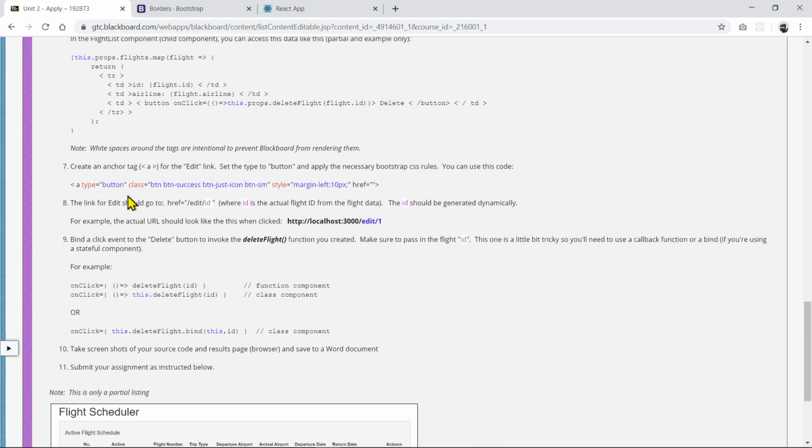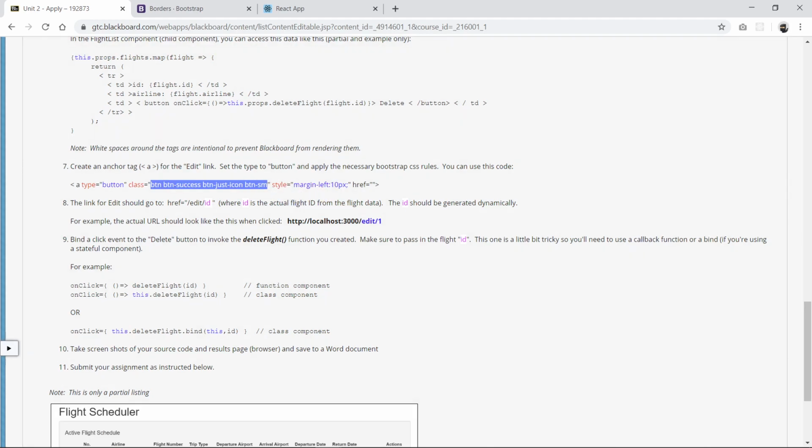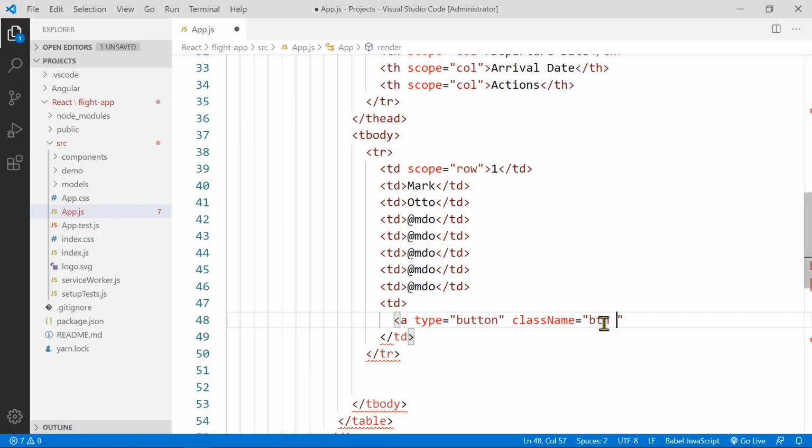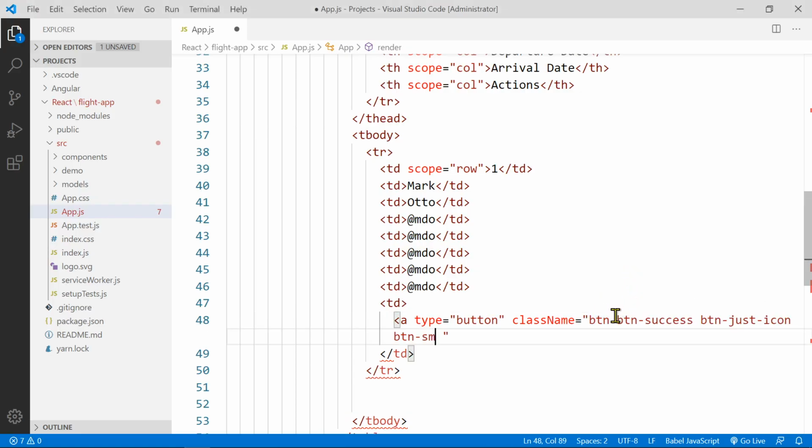So I put a note here. You can just copy and use this. Let me just copy this. The style, I'll leave that off for now, but we'll come back and see if we can use that. So let's go back and paste it right in here. So those are the things that we need. Yeah, button small, icon here. Well, I'm not sure about this one. That's all right. We can just close that, and the href is going to take us to